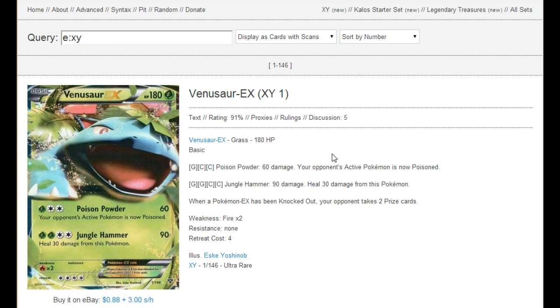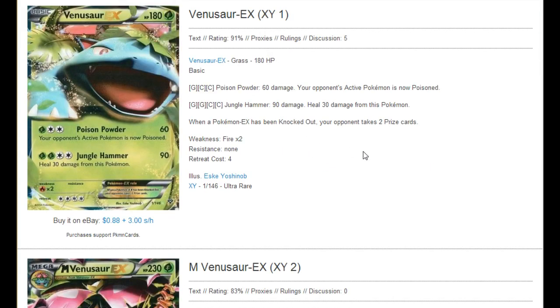So kicking it off right here, we have Venusaur EX. You can read the stats on the screen. I'm not too big of a fan of this guy, in all honesty. The energy to damage ratio is not quite there. The typing isn't the best, and the effects on the attacks are also not super great. I don't think this card is all that worth talking about, but the interesting thing that does lead into this